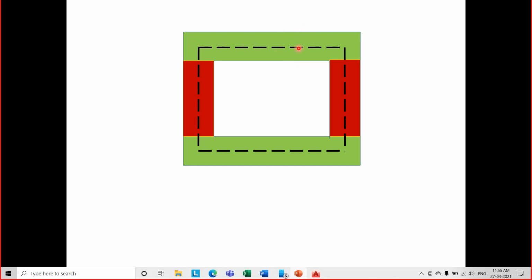And I have marked the center line of this wall. So what is the center line? It is the center to center distance between the total length. This is the starting of the wall, and this is the end of the wall. I have marked the center of this particular length from here to here, and also from here to here. It is the center line, right? This is the center line diagram, indicated in the black dotted lines, right?